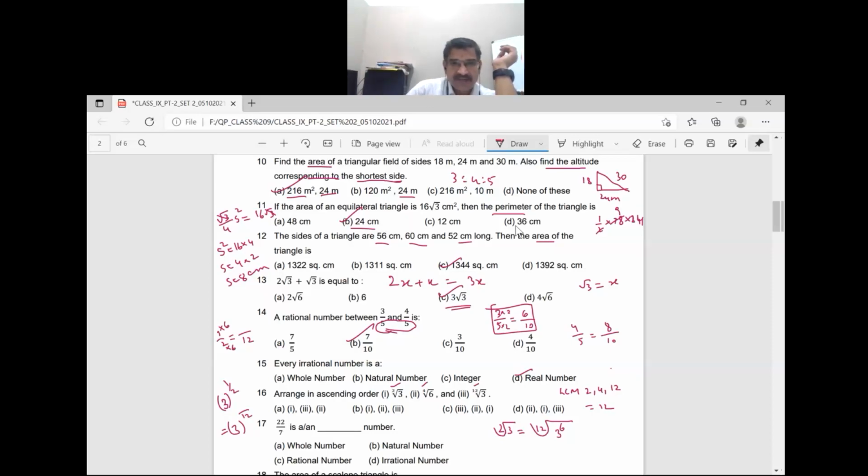So it is 6 by 12. So 3 power 1 by 2 is equal to 3 power 6 by 12. So 1 by 2's equivalent fraction is taken as 6 by 12. Now that 6 by 12 is written as 3 power 6 whole power 1 by 12. This power 1 by 12 is returned back to the radical form, the 12th root of 3 power 6. Any doubt, children? Have you understood this? Put a thumbs up if you have understood.